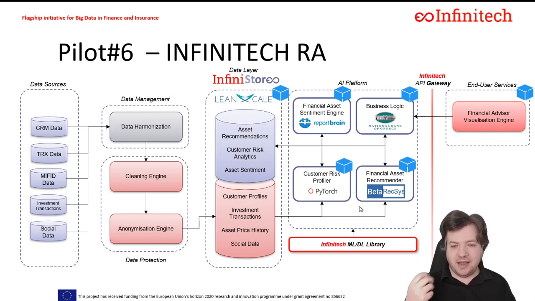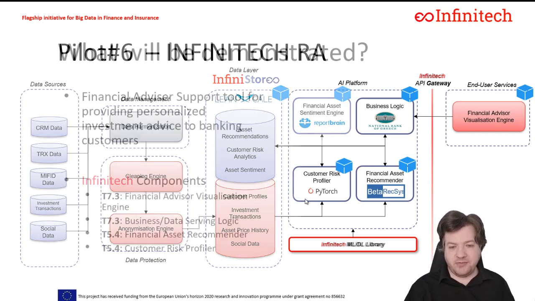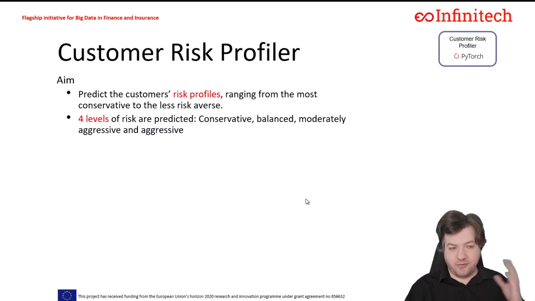The other main building block of the Infinitec reference architecture that we use as part of Pilot 6 is the machine learning and deep learning library, where we are a contributor. We are contributing both customer risk profiling components as well as a financial recommender framework, which are used for better understanding customers and being able to recommend assets to those customers. It's those technologies that we built a first version of during the first reporting period, starting with the customer